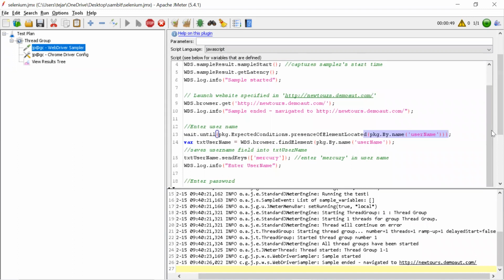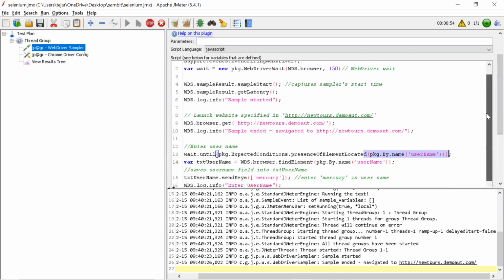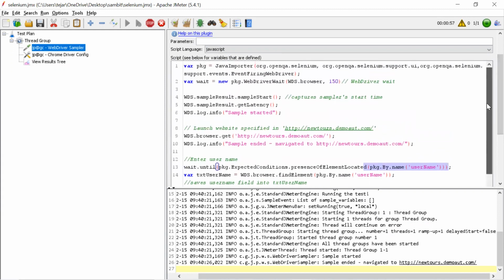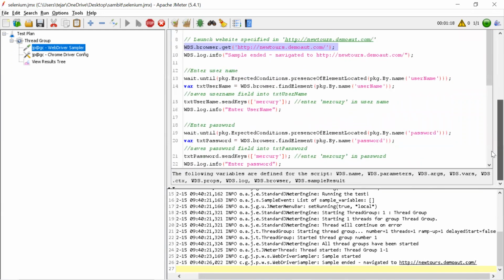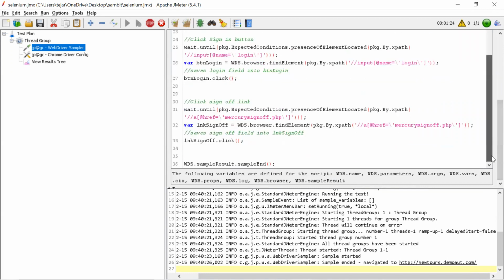Yeah. But what is the starting point of the transaction, and the ending point of the transaction? Suppose I want to capture the login transaction time, launch transaction time. From here only, right? From where I was hitting the URL. This is the starting URL, no? So from here it will start calculating the response time. Whenever you use end, then it will stop calculating the response time.